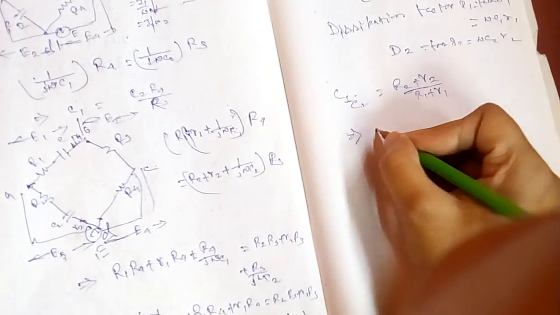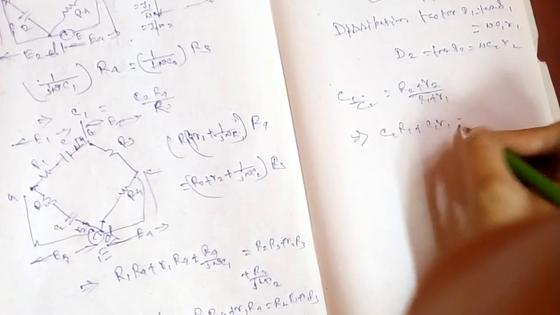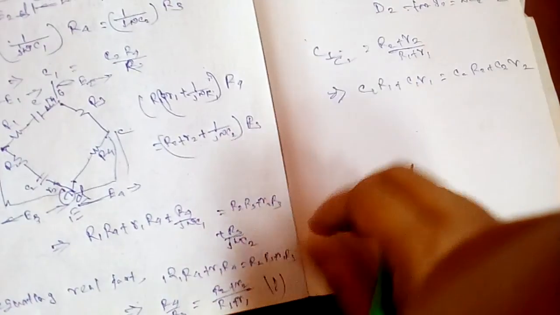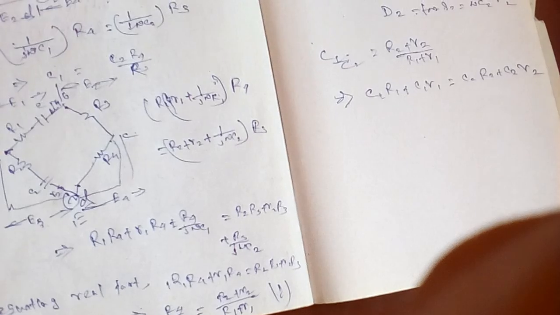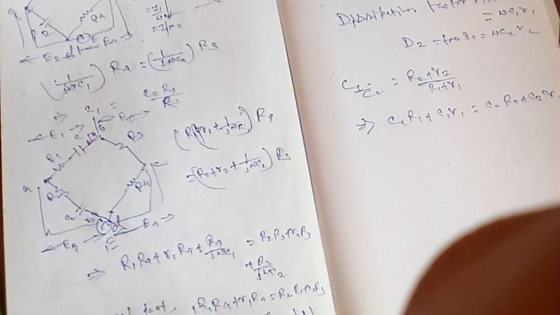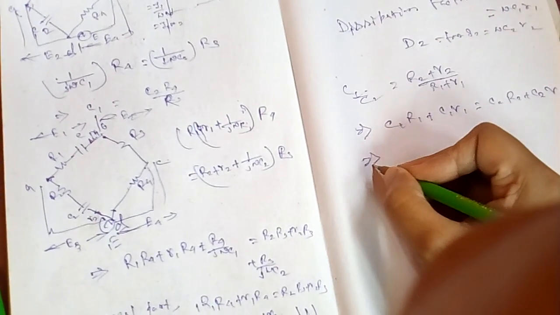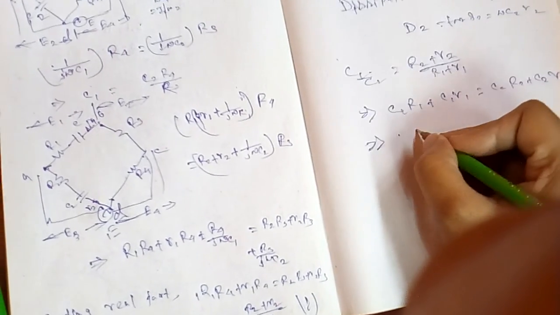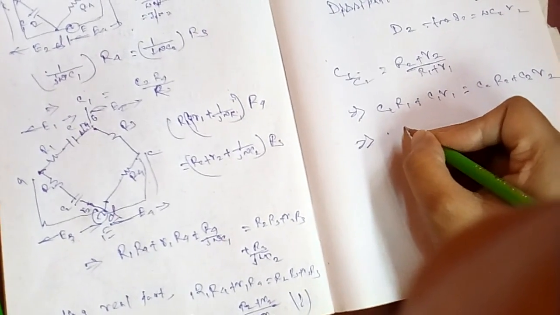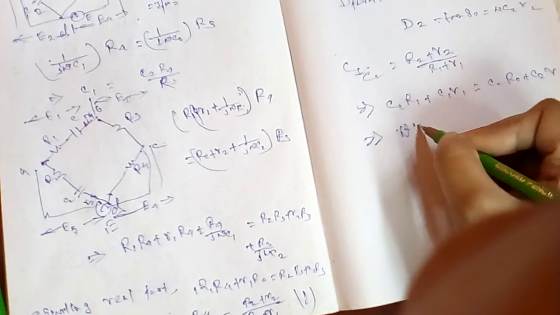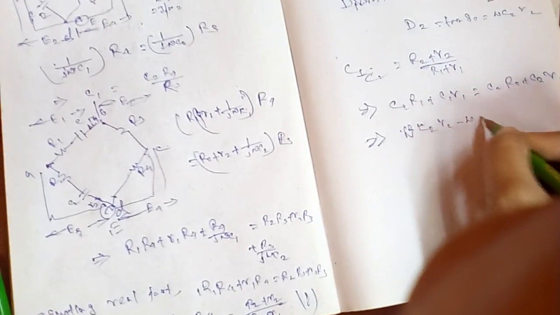So here we get C1 R1 plus C1 R1 equal to C2 R2 plus C2 R2. So how do we get omega C tan δ1 by tan δ2? We have to calculate this one. How we get the equation: C2 R2, C1 R1 plus C2 R2. So if we calculate, then omega multiplied by this equation previously, omega C2 R2 minus omega C1 R1,